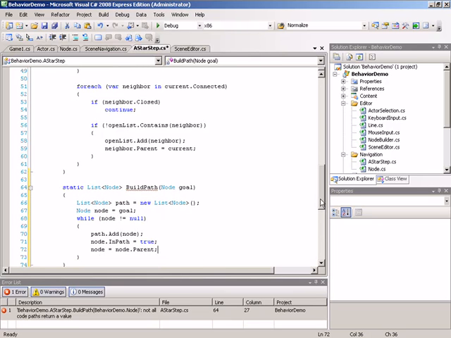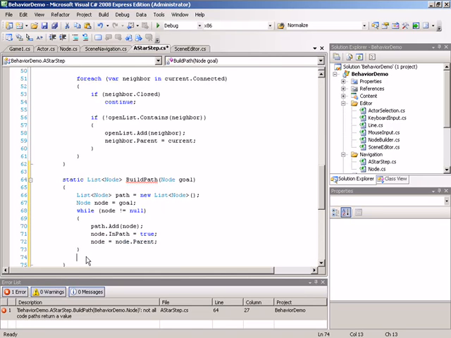Now we can see that the loop will terminate the moment we reach the start node, because if node was set to start, start's parent is null. We get around to the next iteration of the loop, node will of course be null, and we will terminate. Alright, now that we have assembled the path,